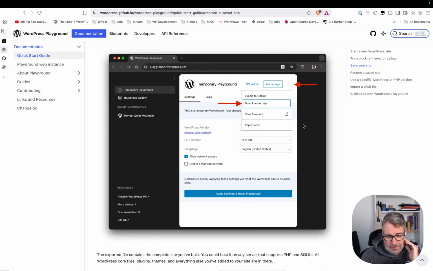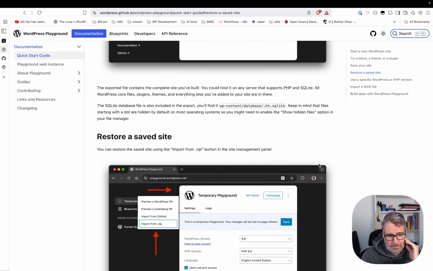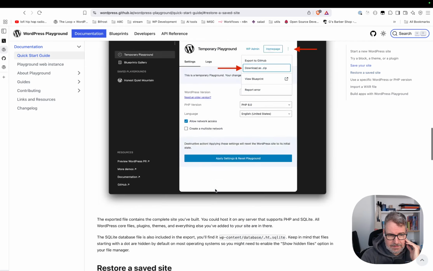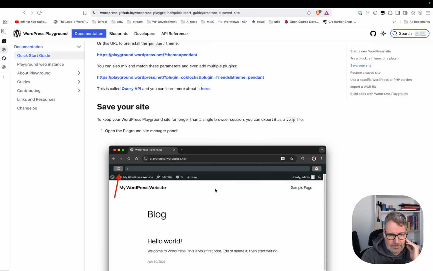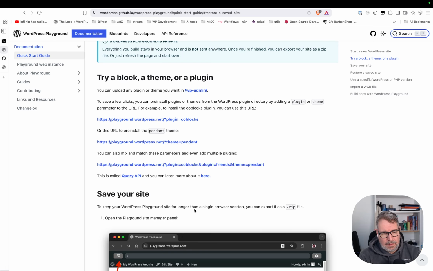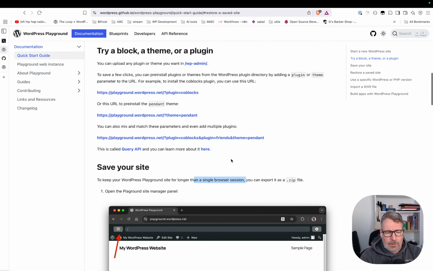So we can download as a zip, and then we can restore from a zip. Single browser session. Yeah, it's stored in the session. I don't know, maybe cookies, but anyway, we have these query params to